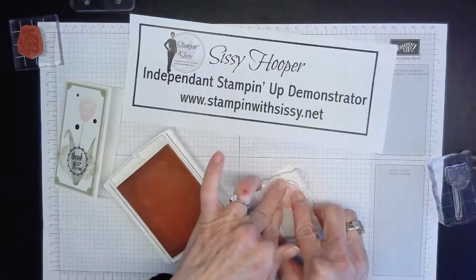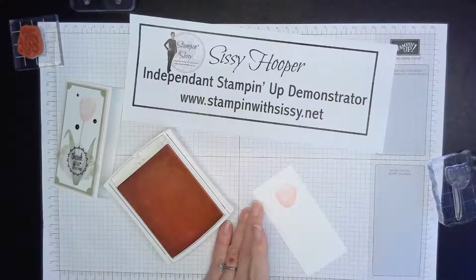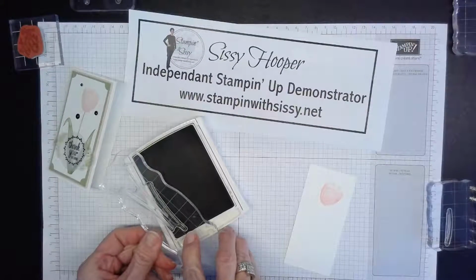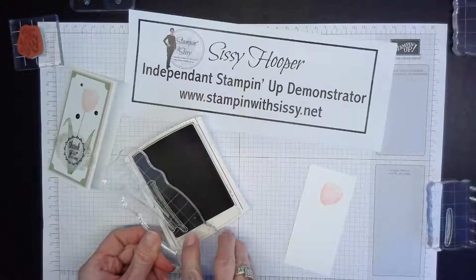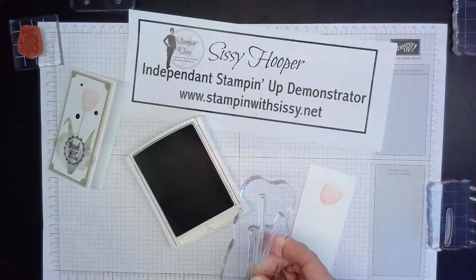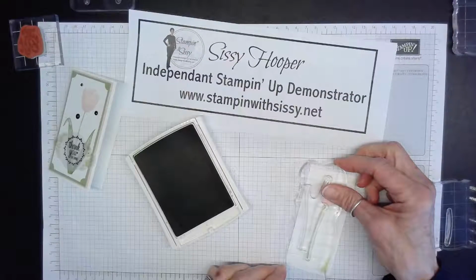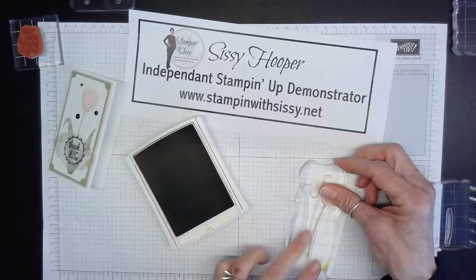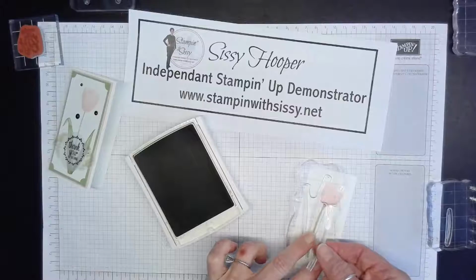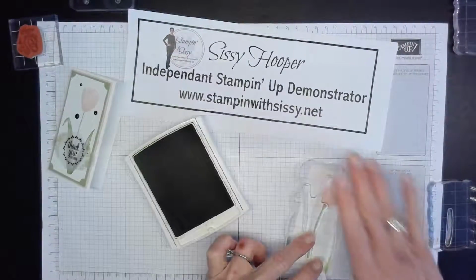Hold it down. When you're stamping, you want to make sure you don't rock your stamp back and forth. I'm just inking the right stem and wiping away the ink from the other two. There is a single stem that comes with the set, but it's going the opposite direction as the tulip, and I thought that would look a little weird, so